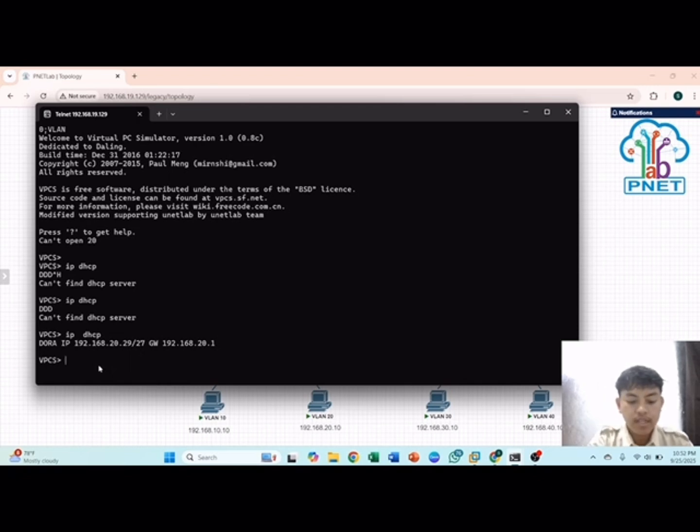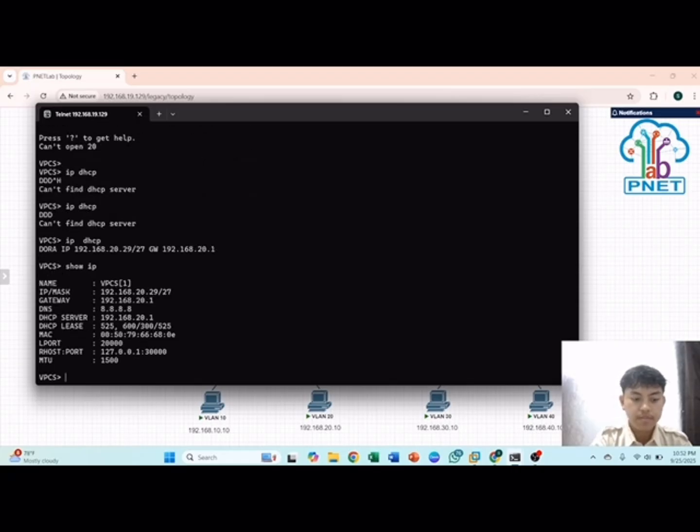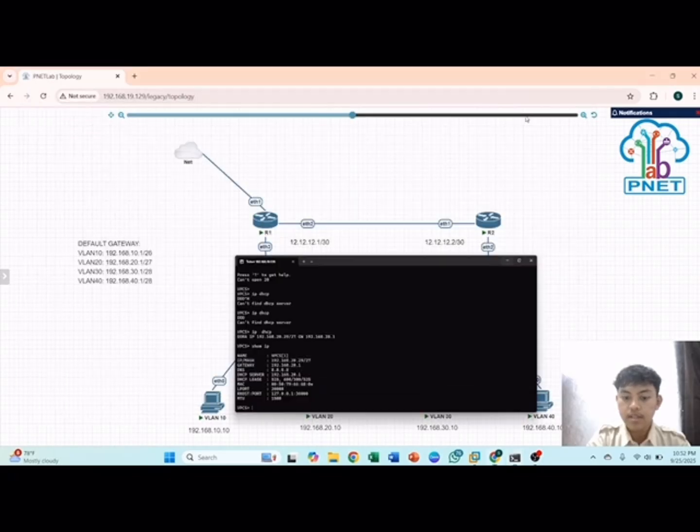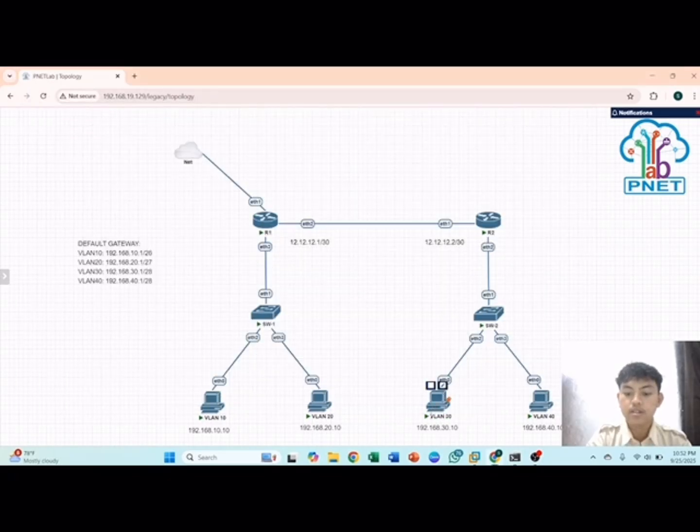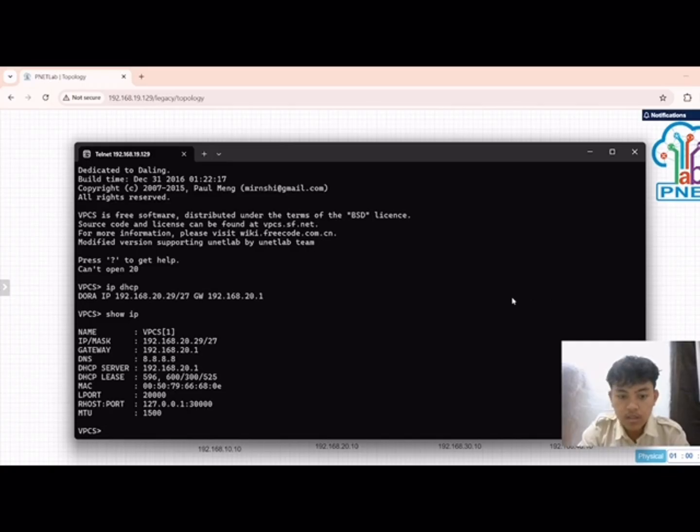You can click show IP, and do the same in the other PC. The IP is already there, show IP.